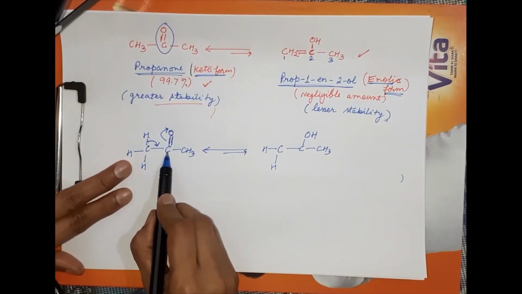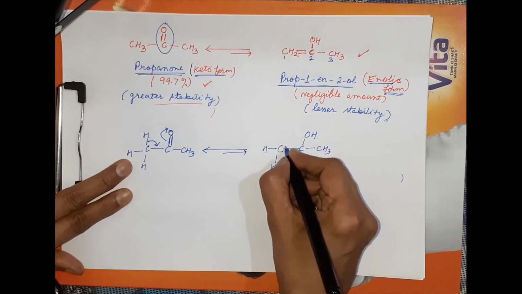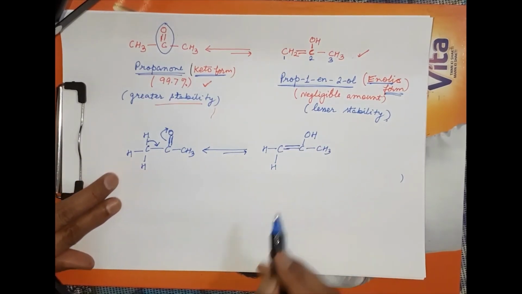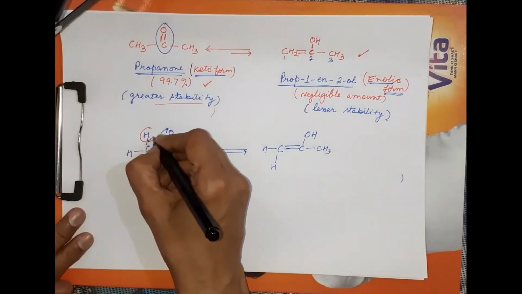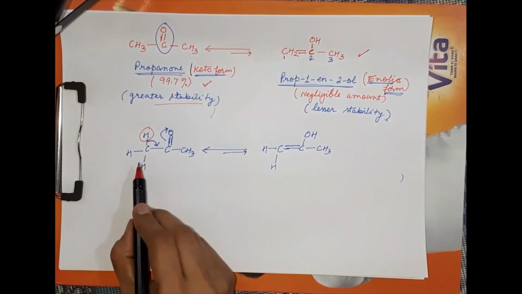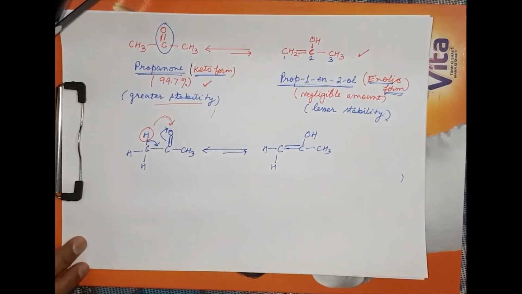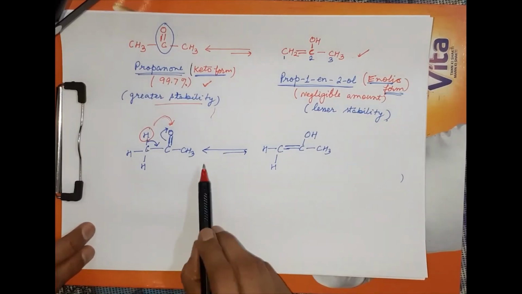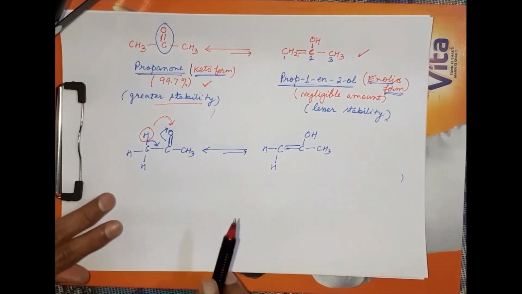So both these carbon atoms have the tetravalency. Because we know carbon is tetravalent, here a double bond will be formed. So in this way we can see the migration of hydrogen atom, taking place from this carbon to this oxygen atom. So this migration of hydrogen atom from one atom to another atom is taking place within the same molecule, and thereby the dynamic equilibrium is established between the two forms of the isomers, and this is called the